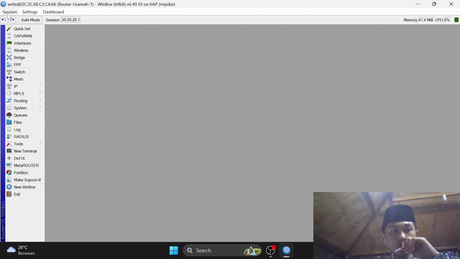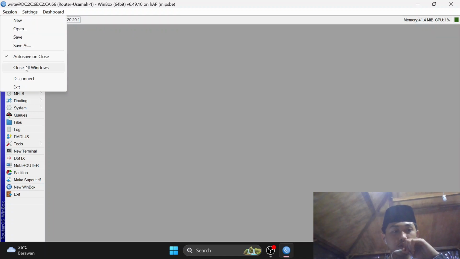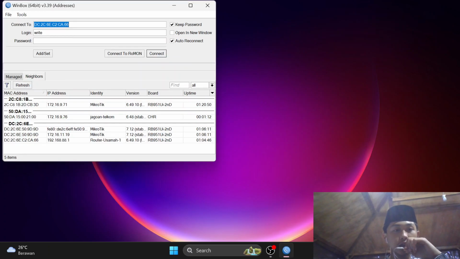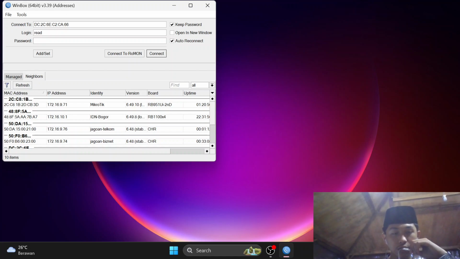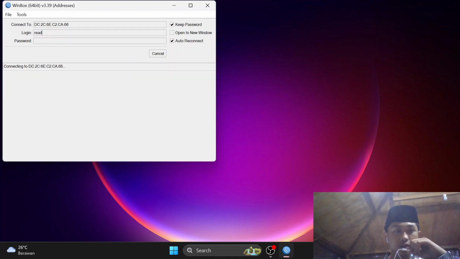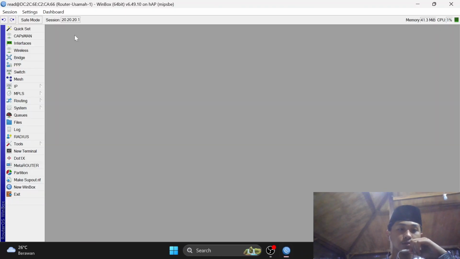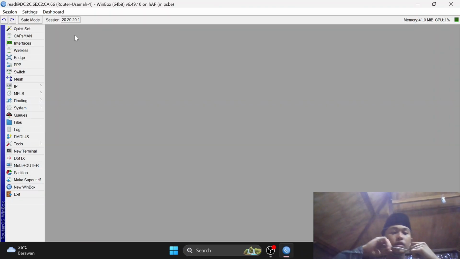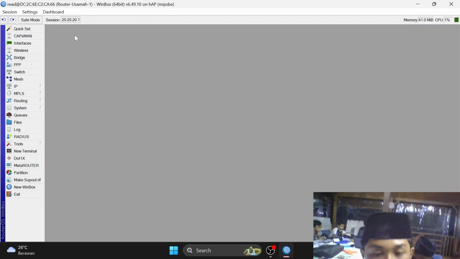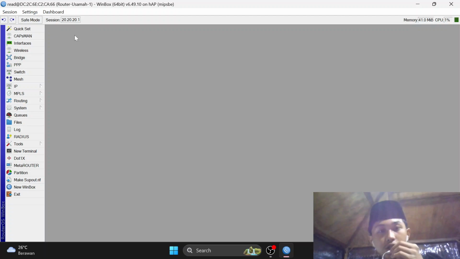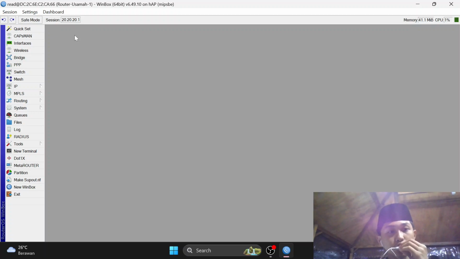Let's continue with the user type read. Disconnect again, and then this read, and then click enter. Here, a user with type read is a user that uses group type read.